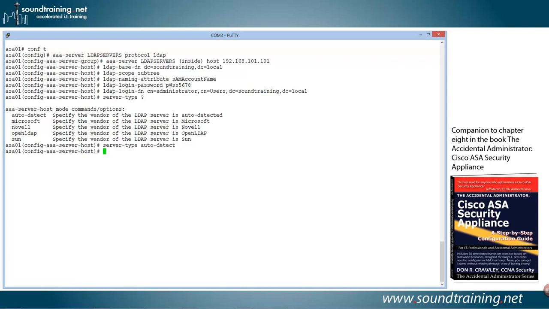Let's test the authentication now with the command test aaa-server authentication LDAP servers host 192.168.101.101. I'm assuming that this is all pretty obvious what we're doing here. Now you need to specify the username. So user01. This has to be a user that would be authorized to log in using LDAP for VPN access, and the user's password, which is